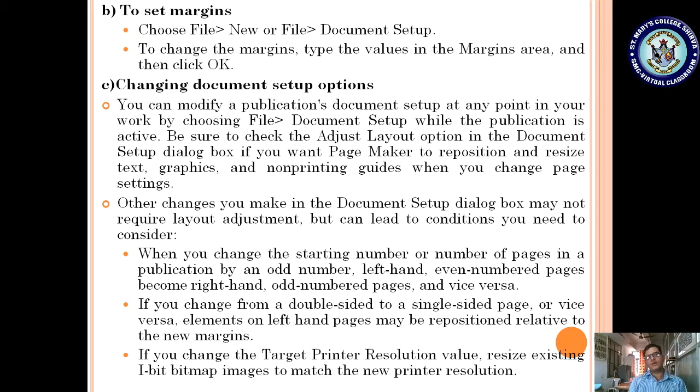In this class we have learned about the document setup as well as the template setup, how to save the template, how to save the document, how to save the publications, and how to reduce the size of publications by specifying faster or smaller in the preference option. Okay, and also we have learned about the undo option as well as the revert option. Hope you understand this concept. We will meet in the next class.